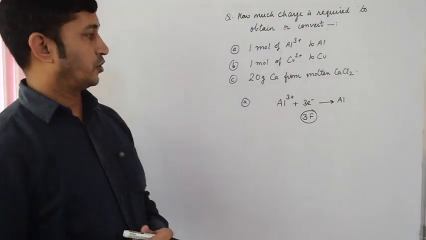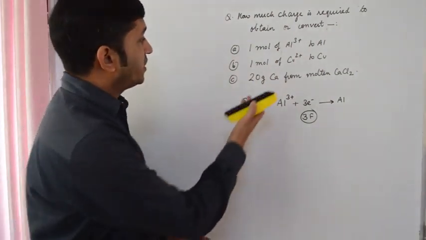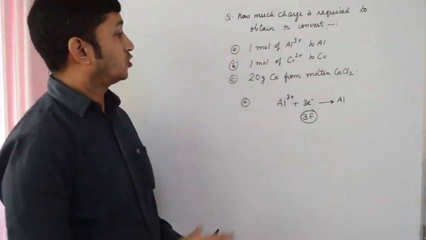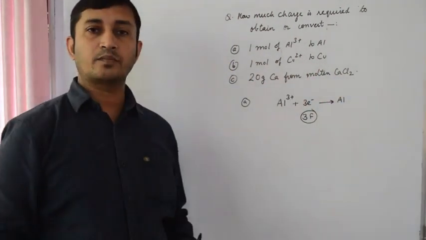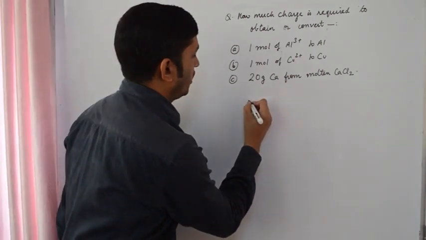Suppose, see the third question. In this third question, we need to obtain 20 gram of calcium from calcium chloride. So for that, we shall know here that